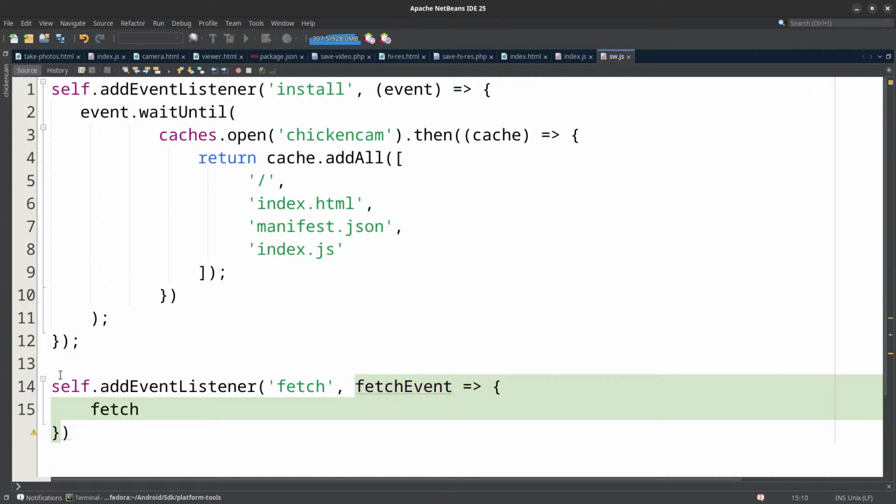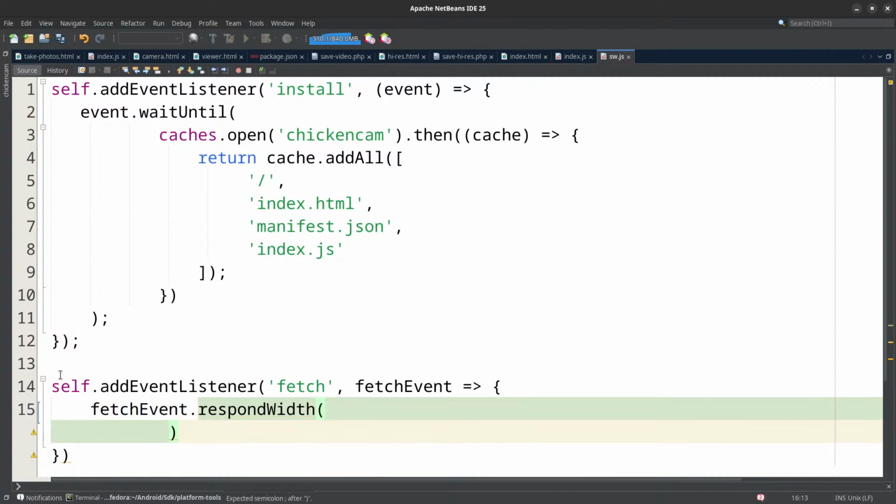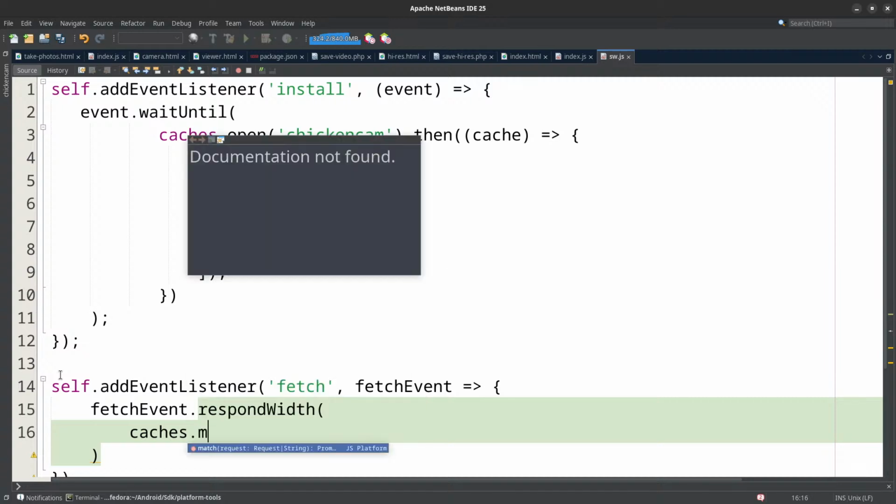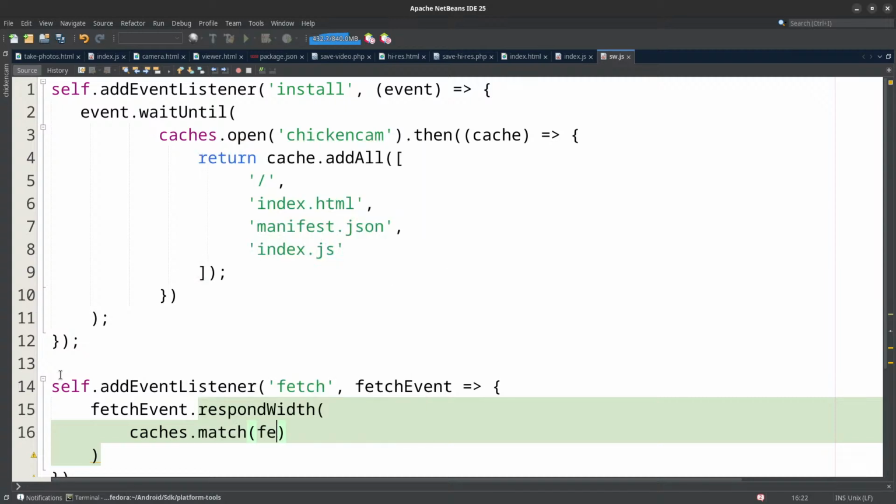And fetchEvent.respondWith, okay, so caches.match fetchEvent.request,